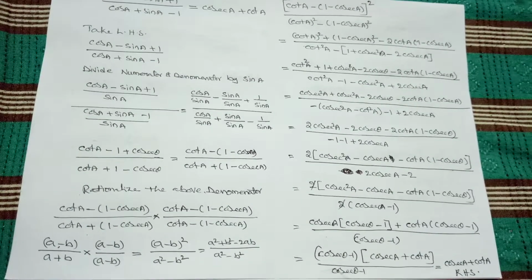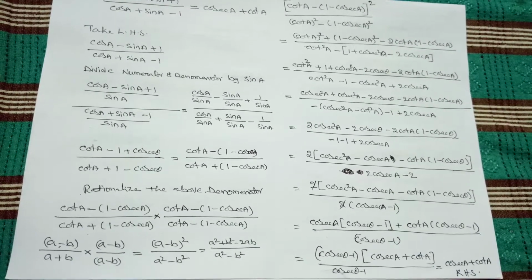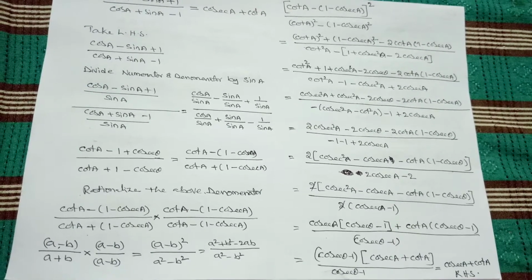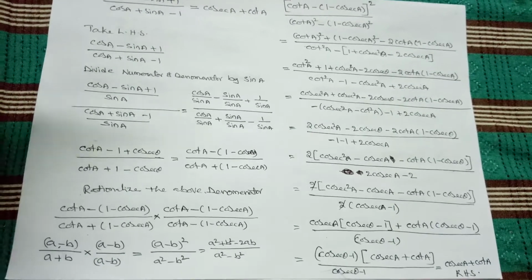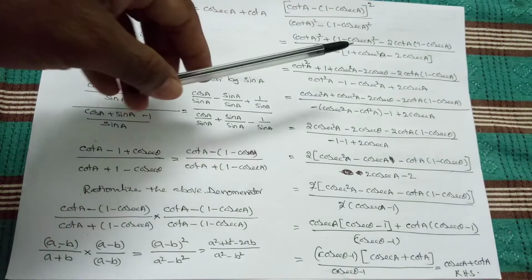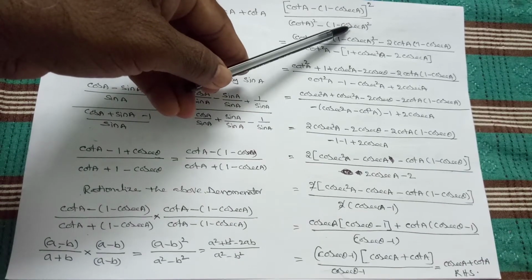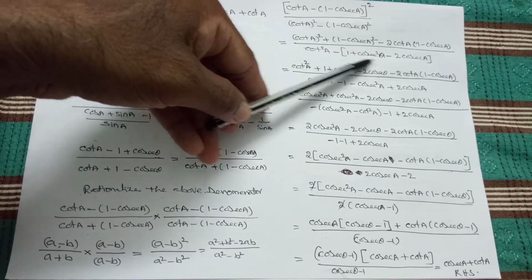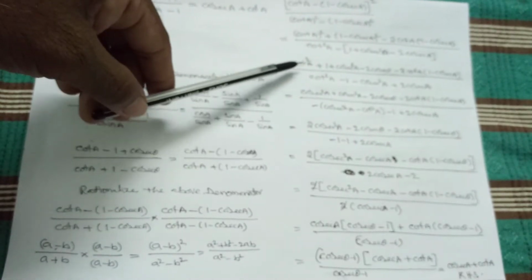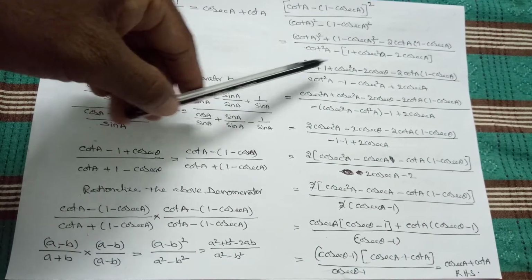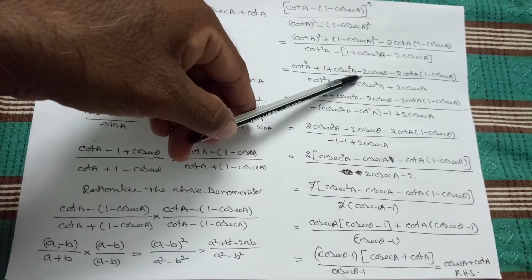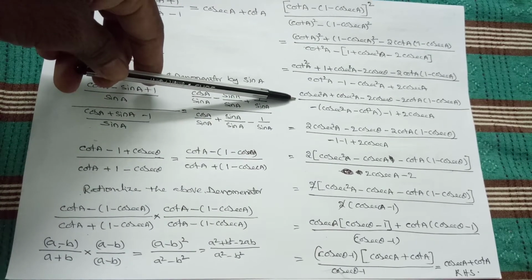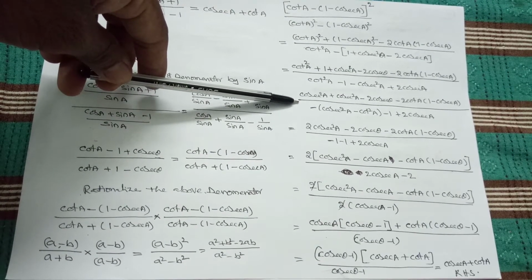So here basically it requires a lot of basis in algebraic identities, using algebraic identities, and we have to apply them in trigonometry without confusion. So (1 minus cosecant A) whole square, that means the A square plus B square minus 2AB formula. Now open it carefully. This is (A minus B) whole square, write it like that. And here this will be extended.